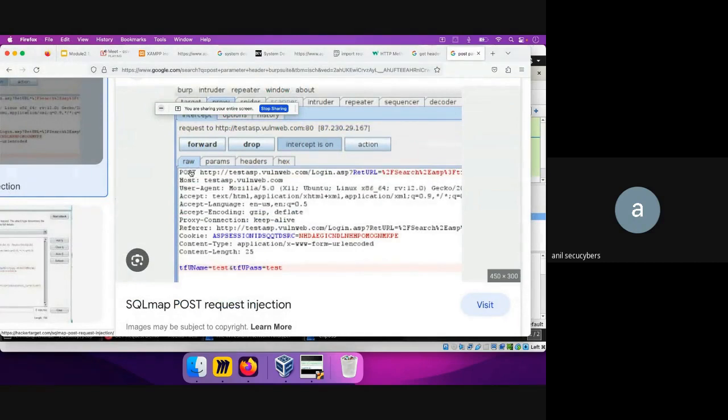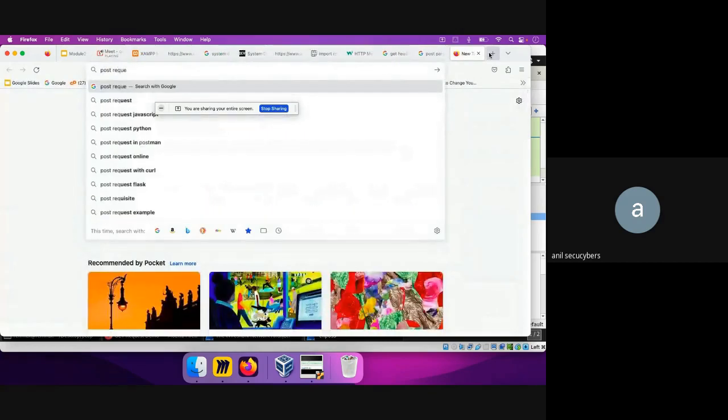The POST parameter is basically used when you are submitting values to the website via any kind of form, or any kind of login environment. So let's say a POST request, w3